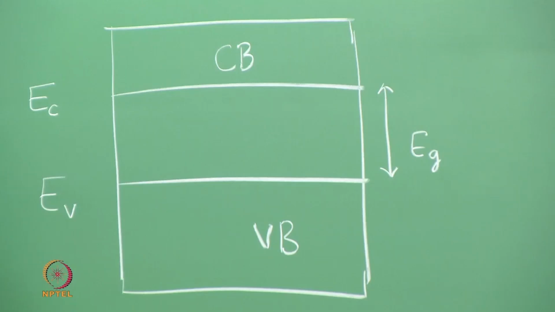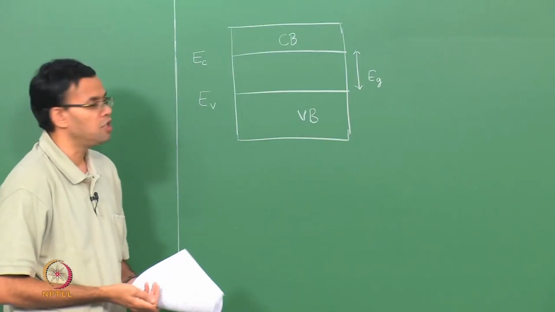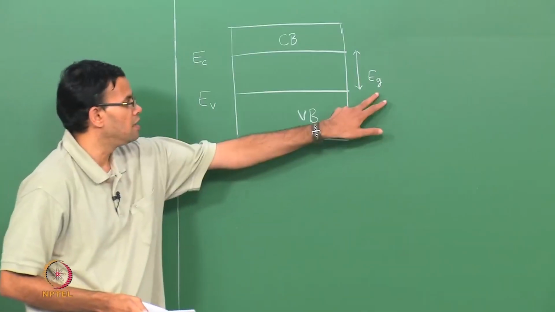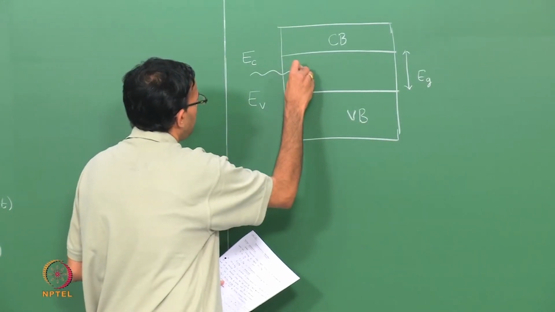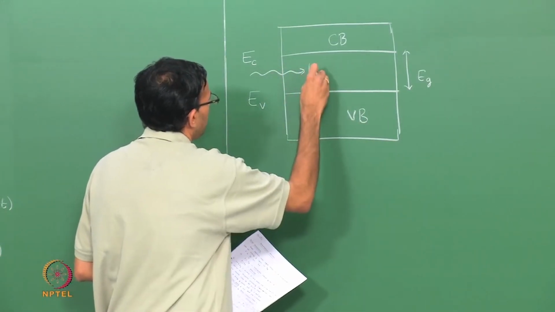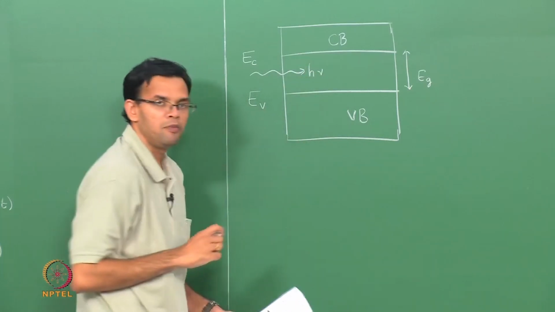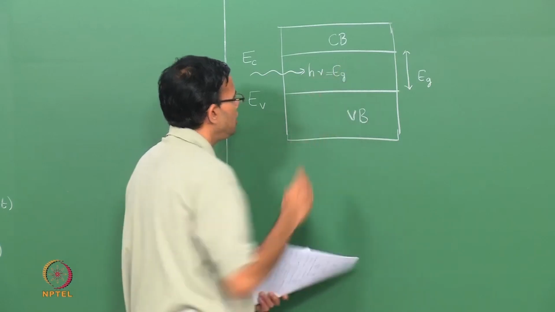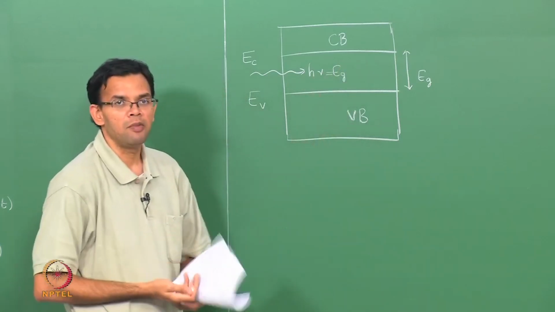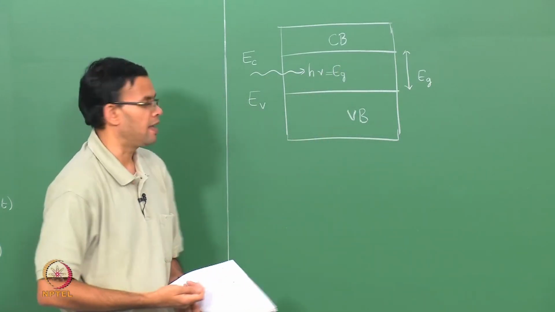Now we have light that is incident on the semiconductor. If the energy of the light is less than Eg, then it is not going to be absorbed. If I have light of energy h nu, where nu is the frequency, equal to Eg or slightly above Eg, very close to the band gap,